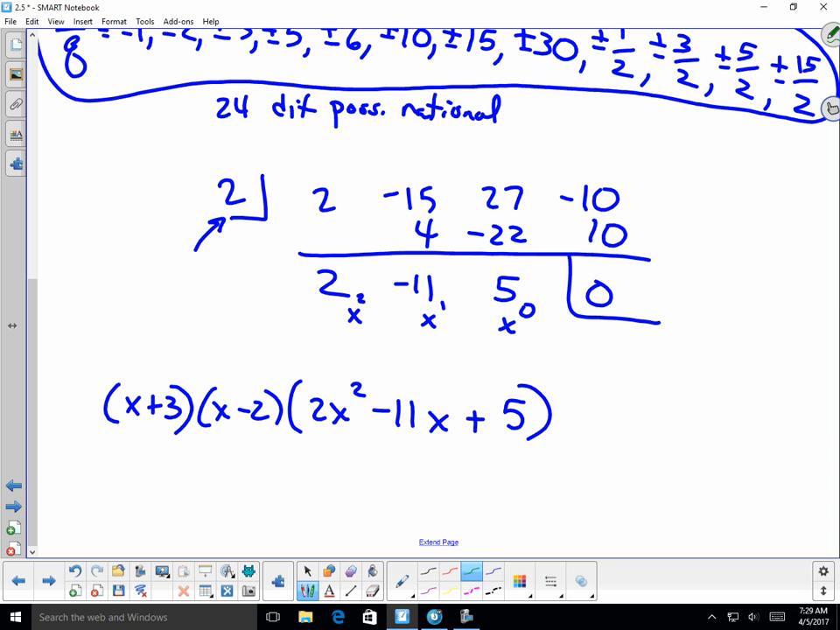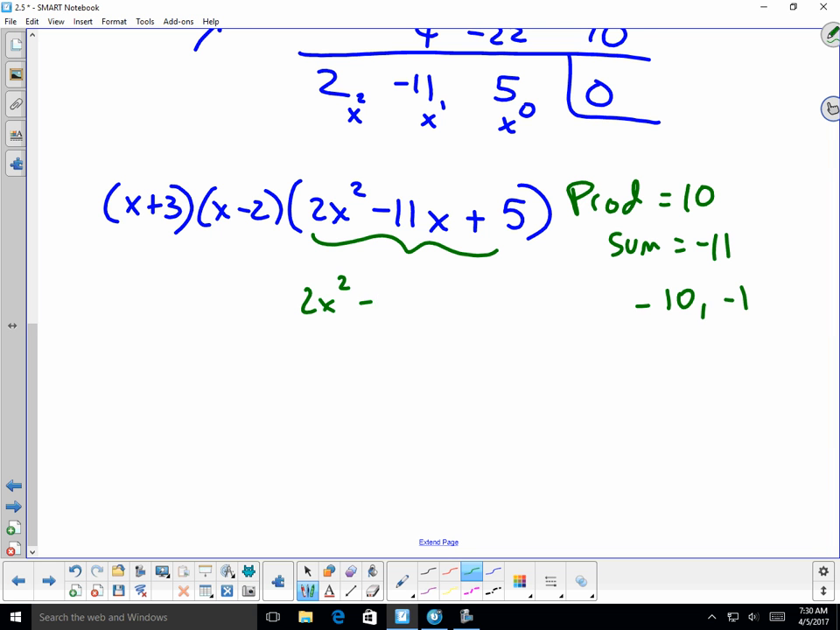And I bet this factors further. If we do product sum, it might factor. Product is 10, sum is negative 11. So the 2 numbers that would work would be negative 10 and negative 1. And so I can write this as